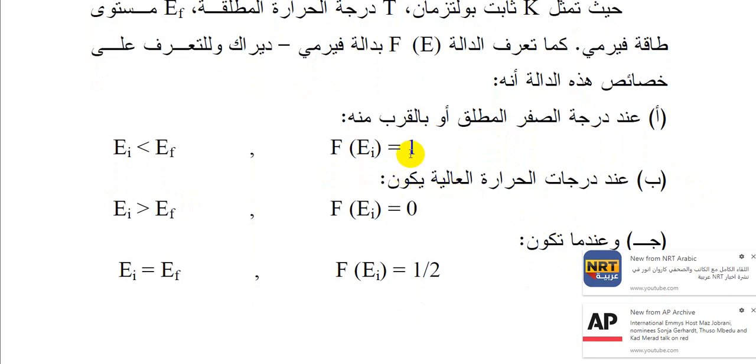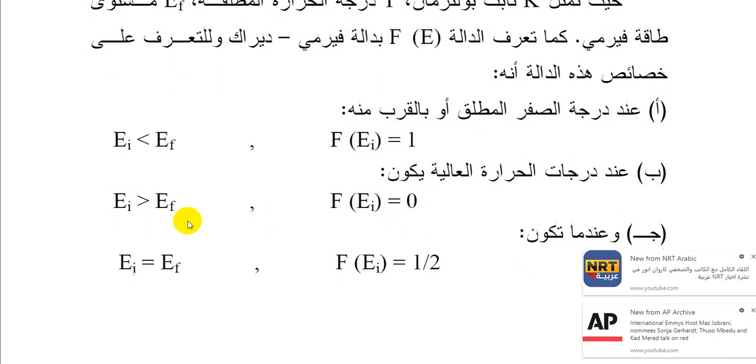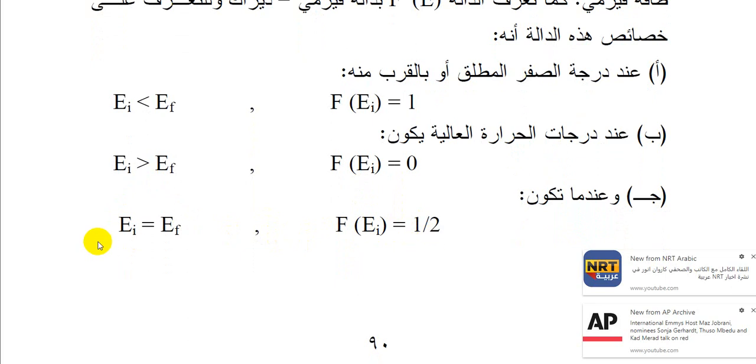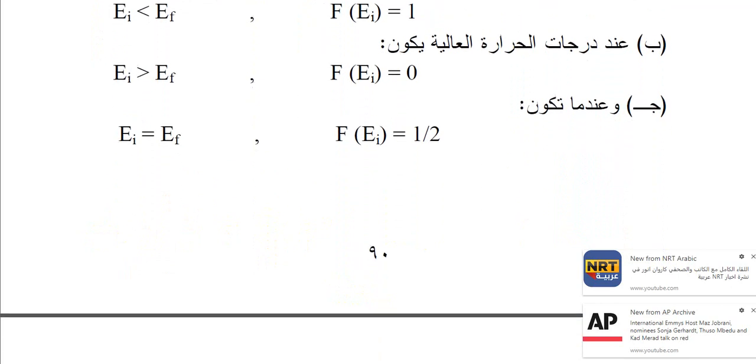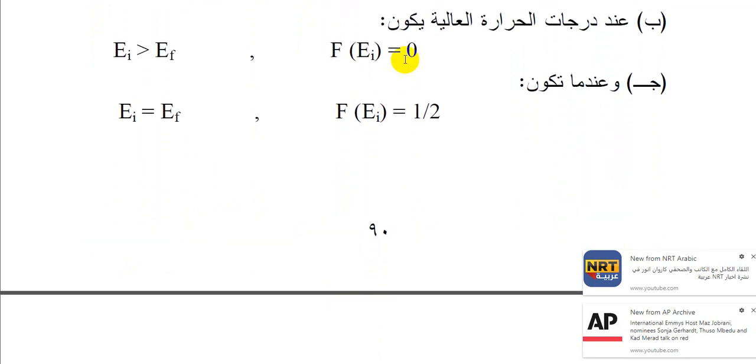At the elevated temperature, f(Ei) equals 0 when Ei is bigger than EF. And when f(Ei) is one half, Ei is actually EF, at the state of equilibrium or the state of balance, as you can see in front of you. During high temperature, f(Ei) is 1 and not 0. Here it should be corrected. The value on the left hand side of the equation should be corrected as well as modified.